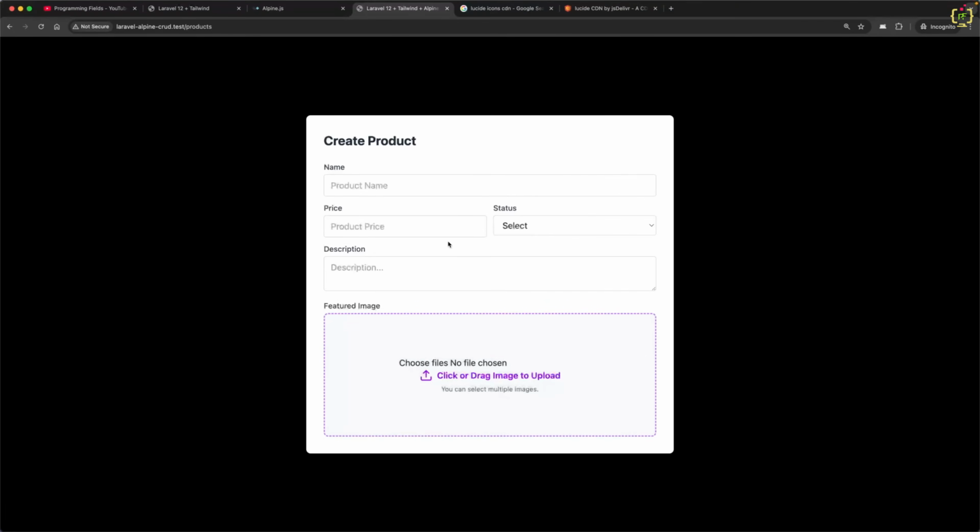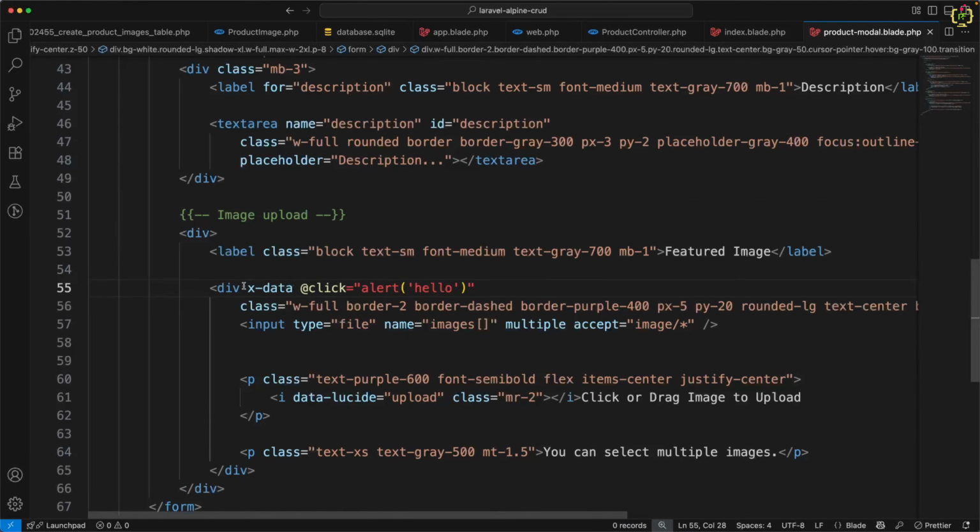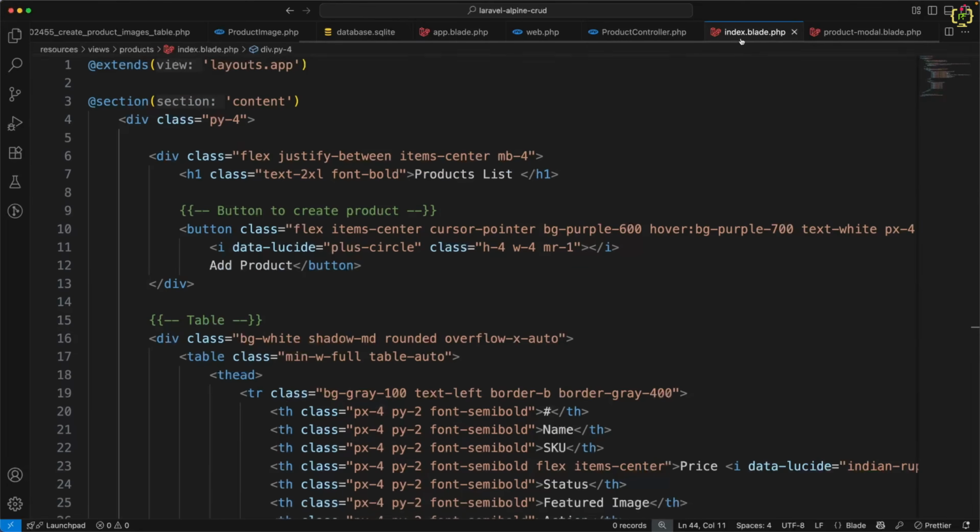So this click is working. That means Alpine.js has been integrated successfully. So now based on this, we can perform all the events. Initially, I will just remove x-data from here. And before applying the click event inside this, I will simply navigate to the index blade because this is our main component. And here I will apply